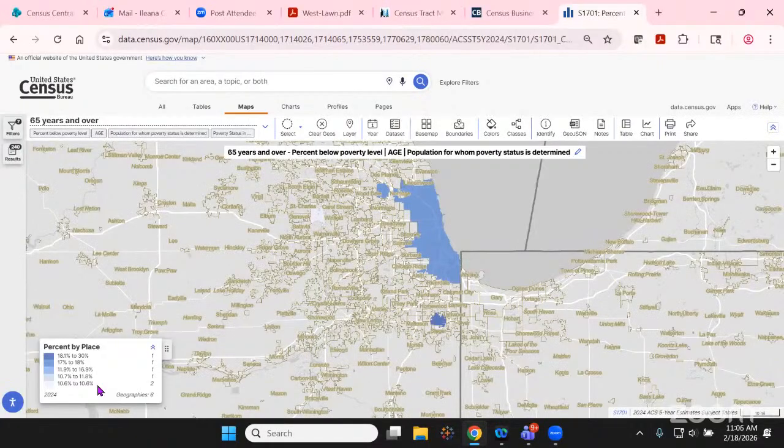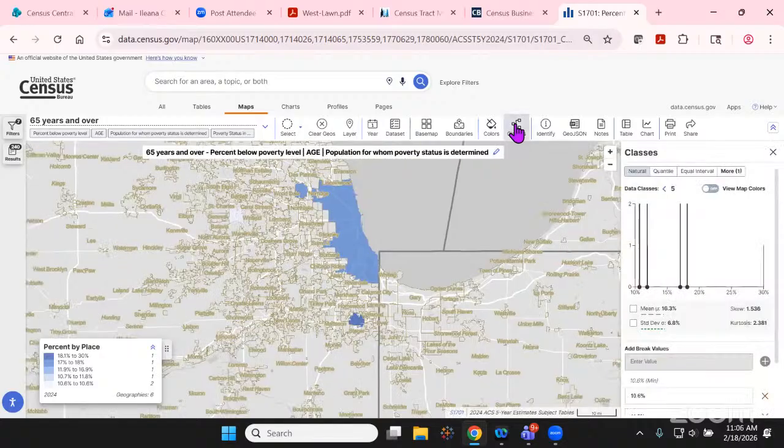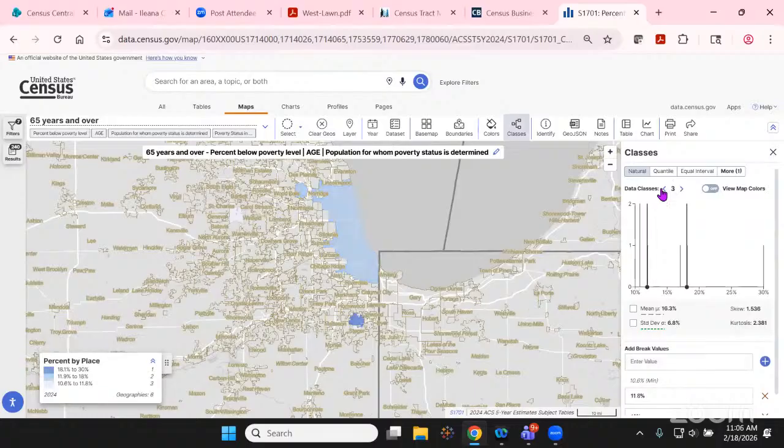And I can change that by coming into the classes icon and then going over to the right in this area here under data classes. You see it under 5. I can move it down to those 3 levels that I like to see. And now it's giving me 1 area that's super high, 2 areas that are in the middle, and then 3 areas that are low. And of course, you can play around with the colors if you like that kind of